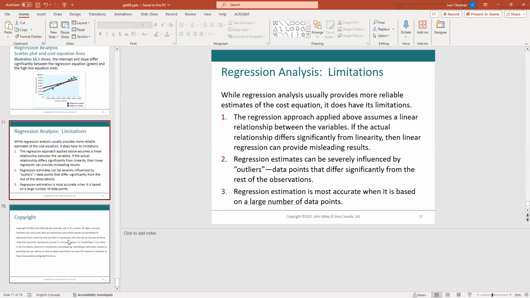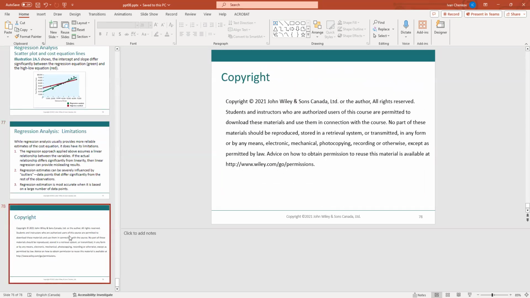And that's about it. That's about it with these costs. Let me turn off the